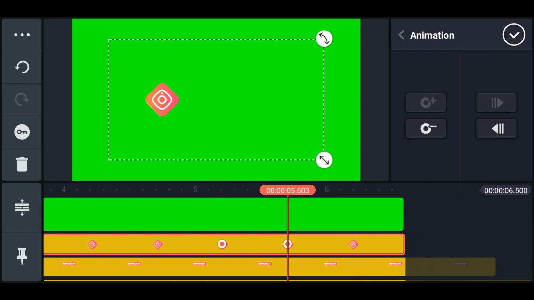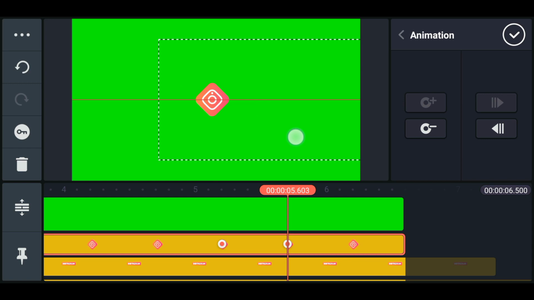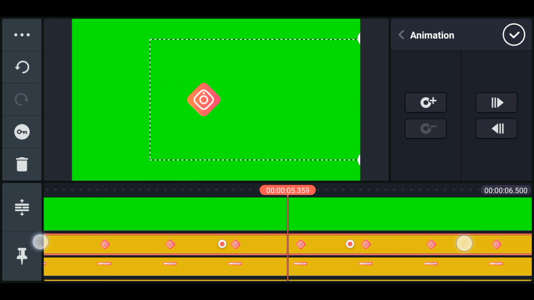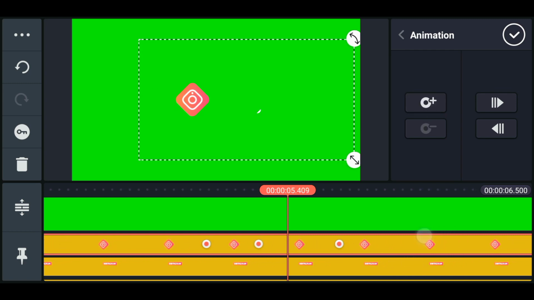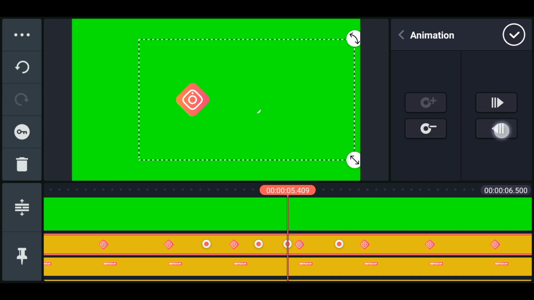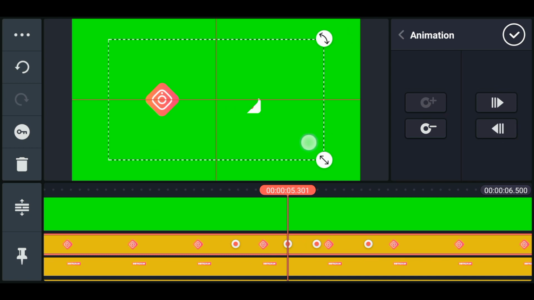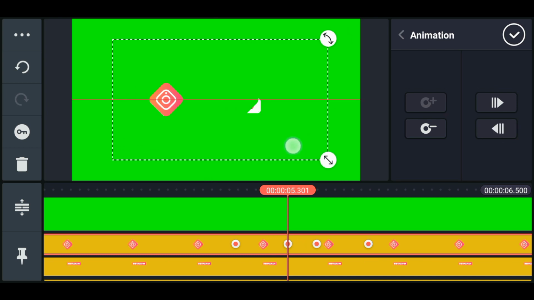At 5.6, move the layer towards the right to kind of bring it at the center of the video, and then we'll add some keys in between to add a slight animation curve thing as we did in the last layer. So you know what to do here, so just do these things and it will be done. So once you're done all these things, simply export the video in a good quality.